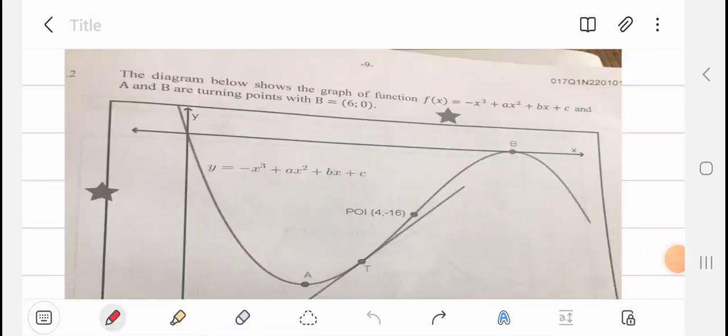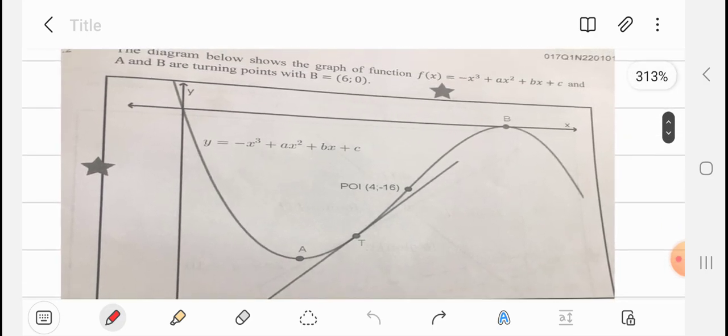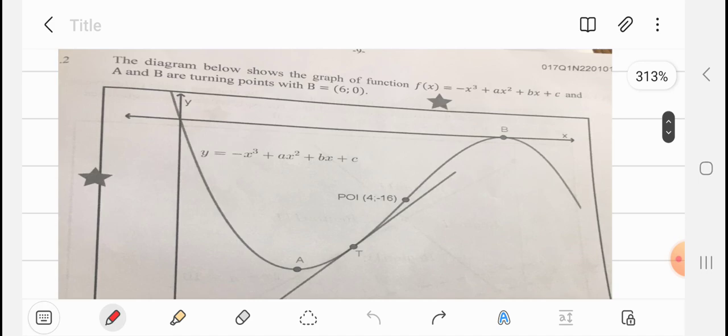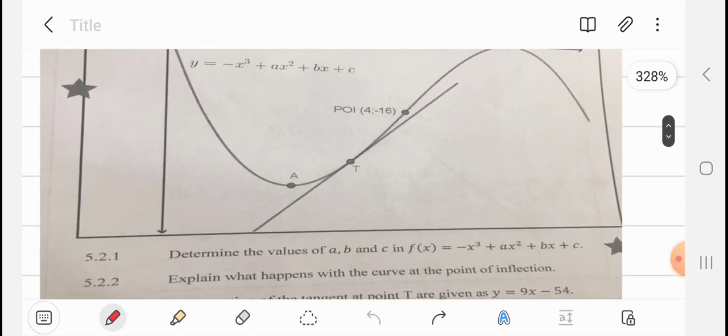The diagram below shows the graph of the function f of x equals minus x cubed plus ax squared plus bx plus c, and A and B are turning points, with B having coordinates 6 and 0. Okay, and now we continue to say the first question 5.2.1 says determine the values of a, b, and c